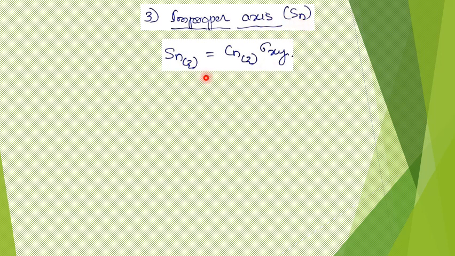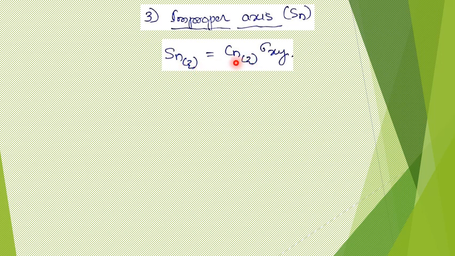Now, how can it be defined? Mathematically, it can be defined in this way, and even if we understand it in mathematical terms, the definition can be understood in the physical sense too. So this indicates alternate axis of symmetry, and here this is important. It is identified that the z-axis is the axis of symmetry. The z-axis has been identified to be the improper axis of symmetry. So this improper axis of symmetry will be a proper axis on the defined axis. The defined axis is the z-axis.